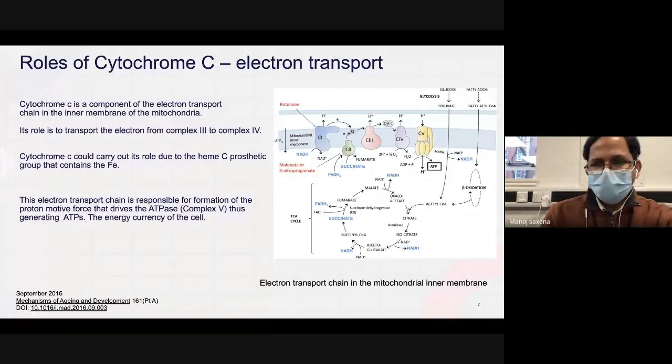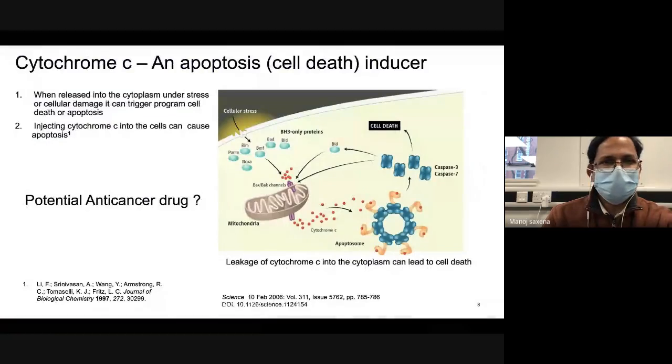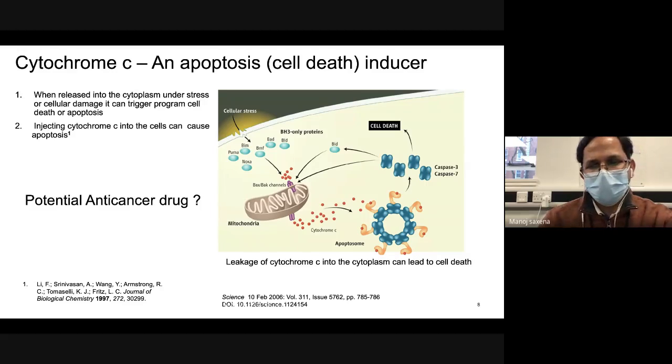So although this is a very important function of cytochrome C, in today's talk I will focus on a different function of cytochrome C, which is not related to this, which is its ability to trigger apoptosis. So cytochrome C not only plays an important role in the electron transport chain, but it also has another role which was